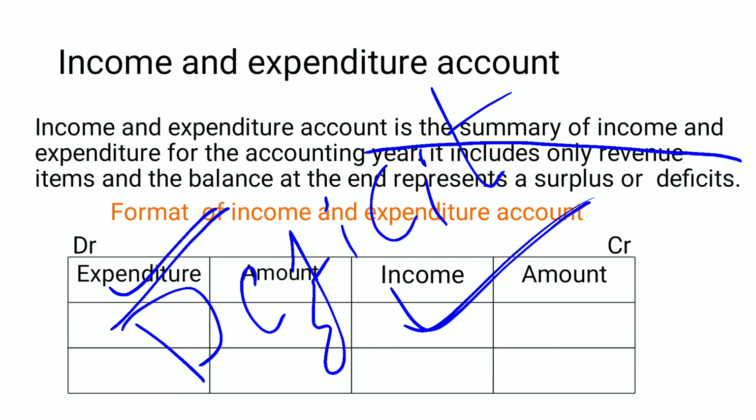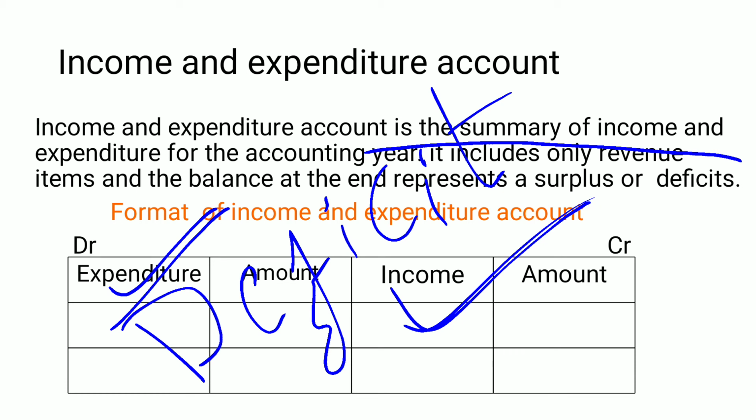It is recorded in the balance sheet's liability side as a deduction from capital fund. As you know, in the balance sheet we write capital on the liability side; here, instead of capital, we write capital fund. In a profit and loss account, if there is profit or loss, it is also adjusted in the balance sheet itself, but that is in a trading concern. If it is a not-for-profit organization, the result will be surplus or deficit.